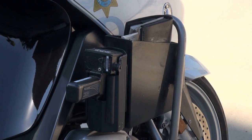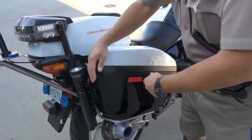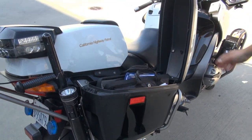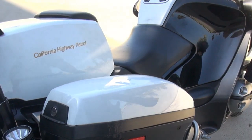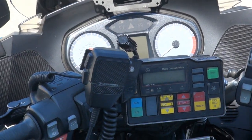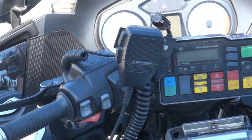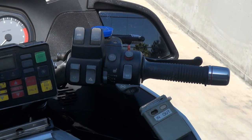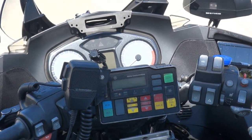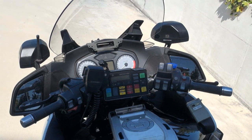Another feature is our radar holders, and the biggest feature, in my opinion, is the new saddlebags. We can access them with our gloves on, which is very important, and we can access them from the seated position when we're on the bike itself. It also has a feature that's quite beneficial to us, which is integrated speakers. Those integrated speakers allow us to actually listen to dispatch while we're not on the motorcycle and our radio is